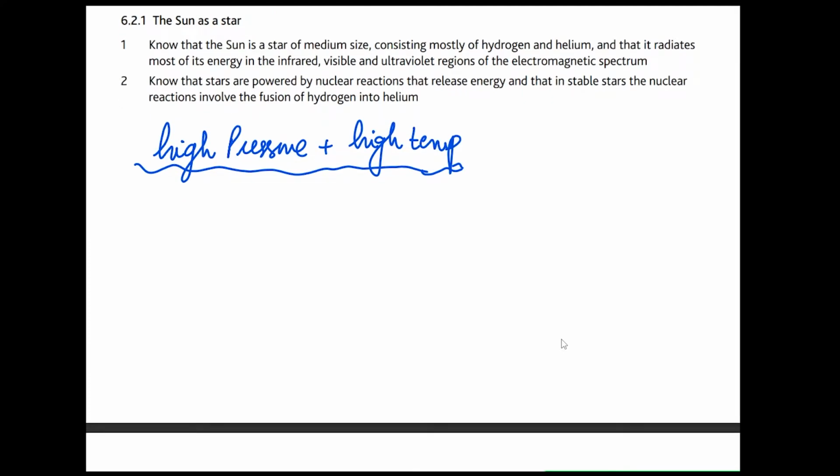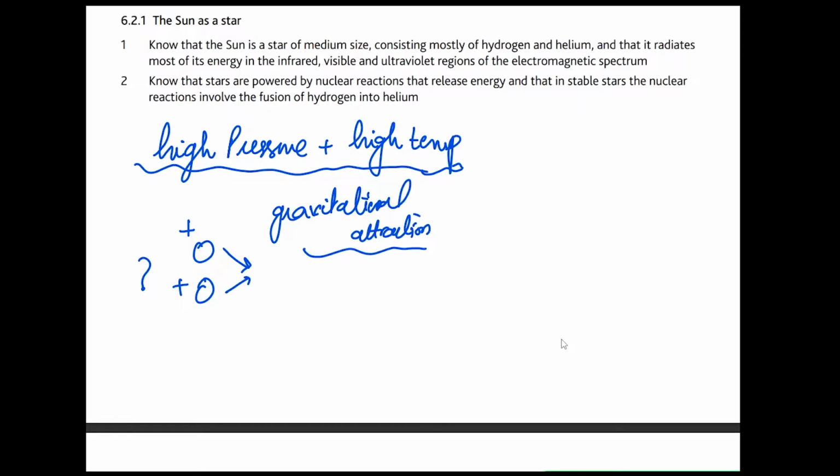So let's say hydrogen atoms are coming close to each other to fuse together. The question is, why are they coming close together in the first place? Because both are positively charged. What's pushing them together? Actually, the gravitational attraction on each of these particles is trying to bring them closer. So when gas particles, which are distant from each other, start collapsing on each other like this due to gravitational attraction,